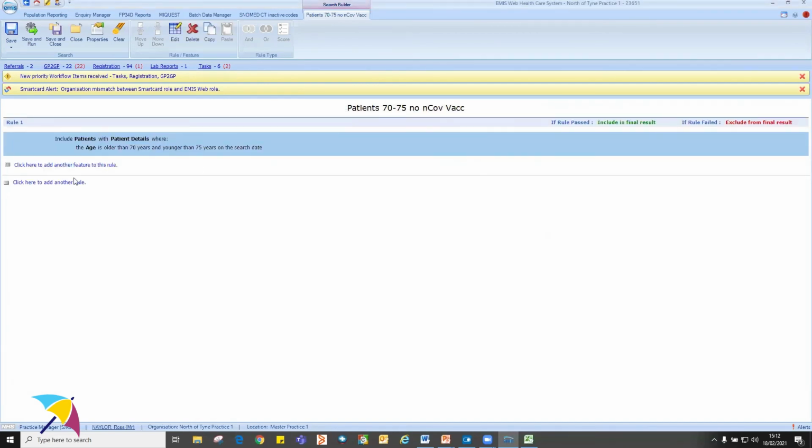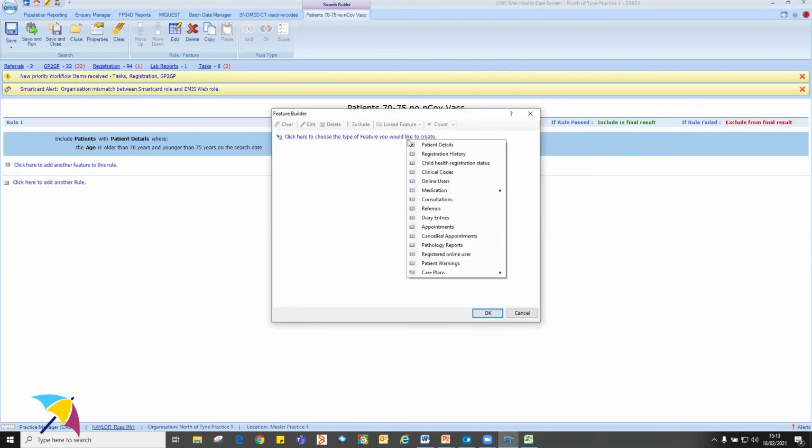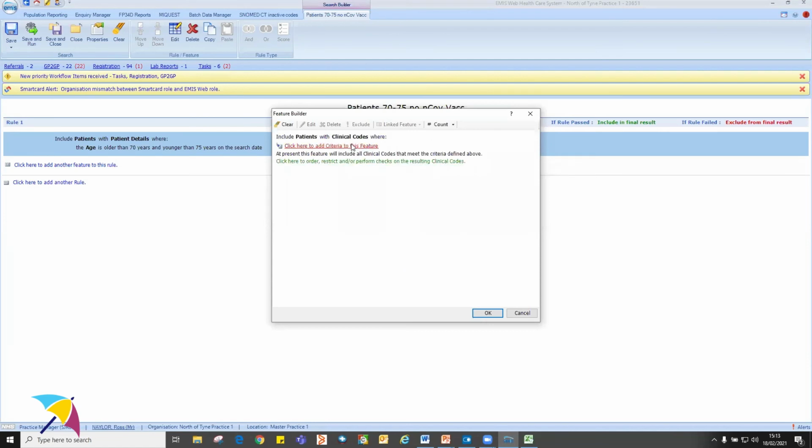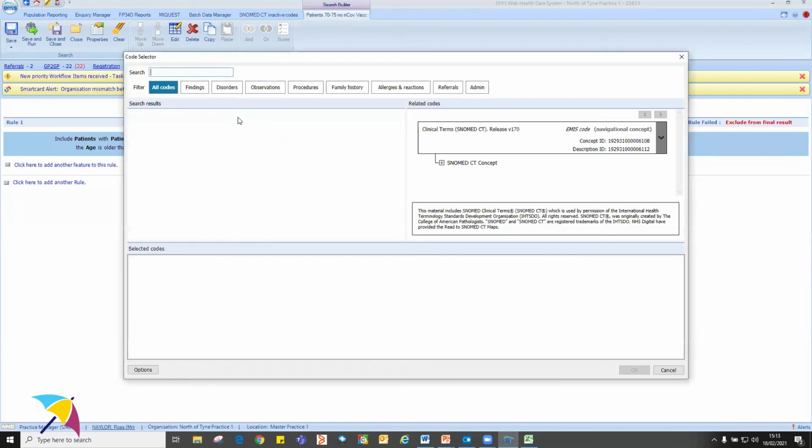And in this case, what we'd want then is, you'll hit this with most things, we could either add it as another feature, so we could say and exclude those that have had the vaccine. We could add it as a rule. You'll see different preferences on both. I'm going to add it as a separate rule, just because I find it a little bit easier to interpret here. In fact, because we've got a bit of time, we'll do it both ways just so you can see it. So we're going to look for patients with a clinical code. And the clinical code is going to be